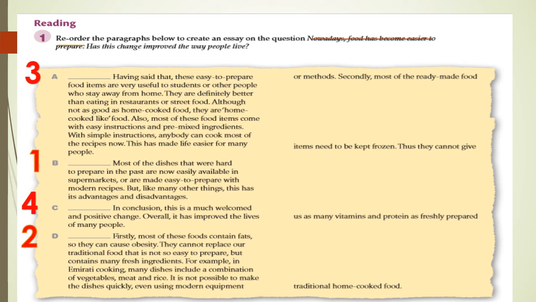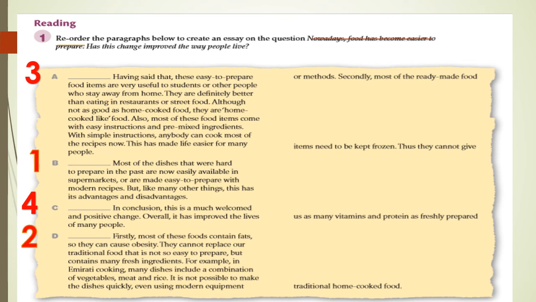For example, in Emirati cooking, many dishes include what? A combination of vegetables, meat, and rice. It's not possible to make the dishes quickly, even using modern equipment or methods. Secondly, most of the ready-made food,